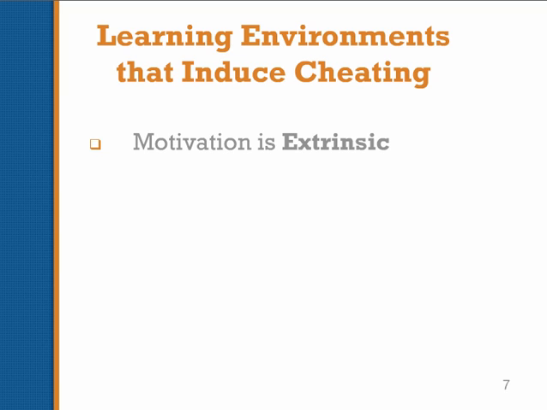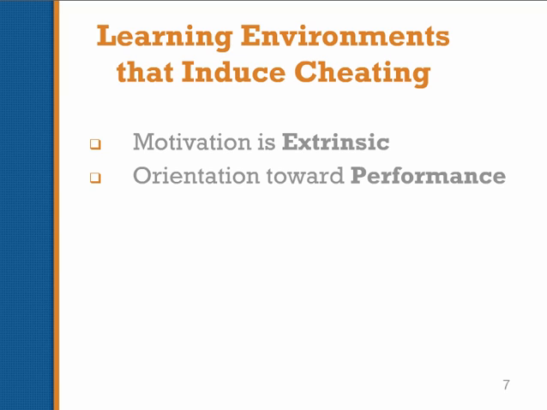The next one we might think about as a related matter, and that's whether students are oriented toward performance or mastery. We can again divide students into whether they are oriented toward mastery of the subject, which means they're really interested in learning the material. They want to have a sort of global understanding. They want to be able to apply it outside of the class, versus students who are interested in performance. And those are students who are keyed in just on the assessment, and they want to do well on the exam. They want to get the highest possible score on the paper.